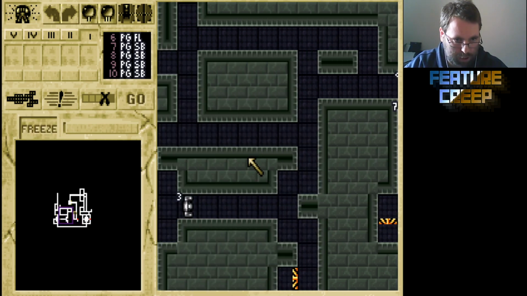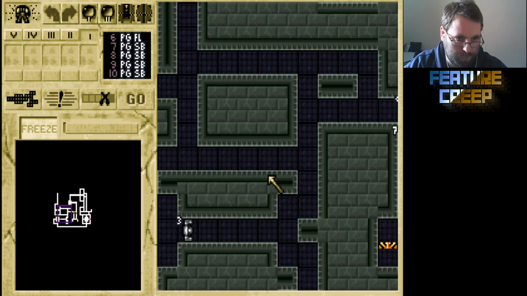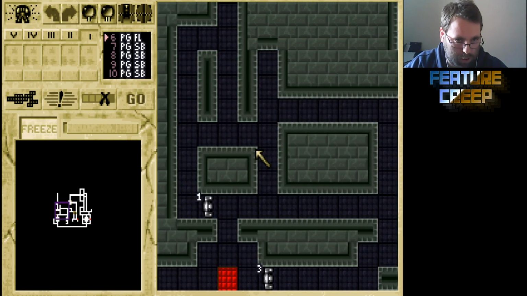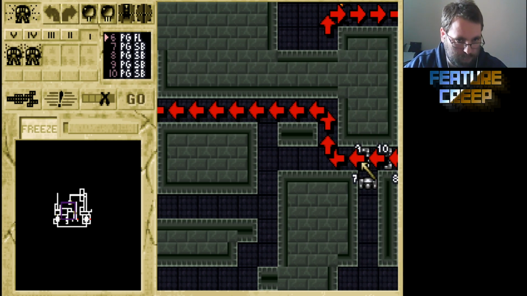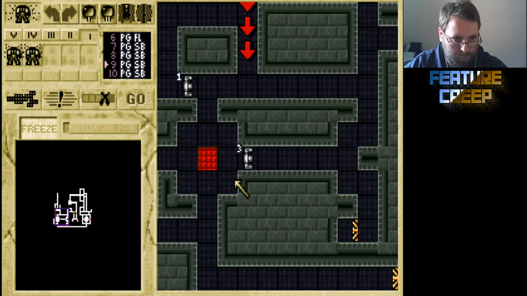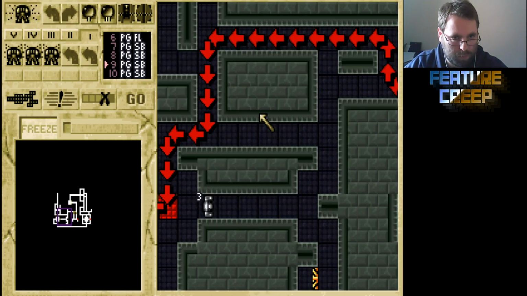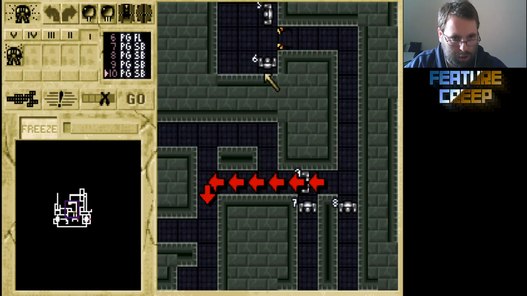Excellent. Right. Three's got an assault cannon, so that's okay. You guys need to. Nope. Get away from it all. Where are you going? You're going there. You're going there. Number 9. Excellent. Number 10 is going that way. Excellent. Yeah. So 6